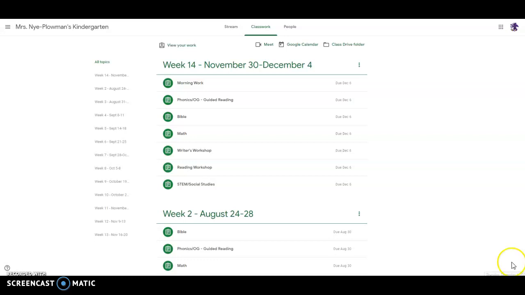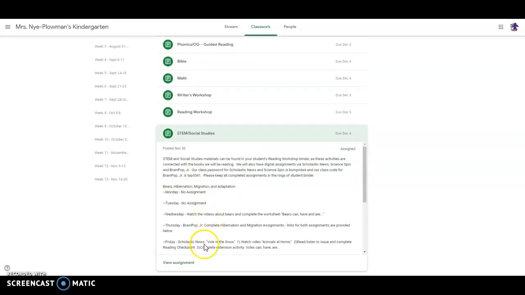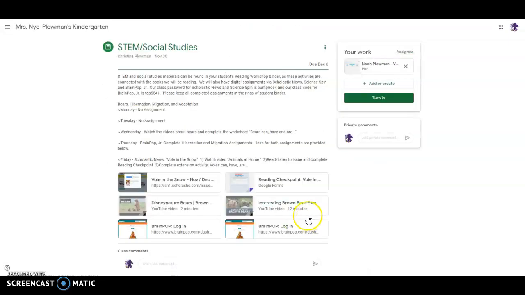Okay, I'm going to give you a real quick tutorial on how to log on to BrainPop because for some of you it's a little confusing and you have to create your own account. So if you're in your classwork, look at the screen, you're in classwork, and you notice that we have a BrainPop assignment. It's under social studies, so I'm going to go into here, I'm going to view the assignment, and